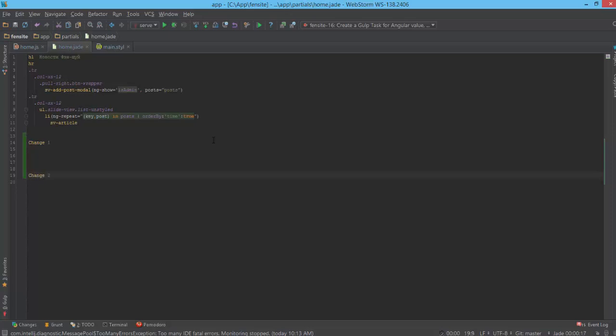And for example, I don't like it. Probably it will not work in this case, because if you're in Jade, indentation is very important, but we're not talking about Jade or application functionality. We're talking about version control, and